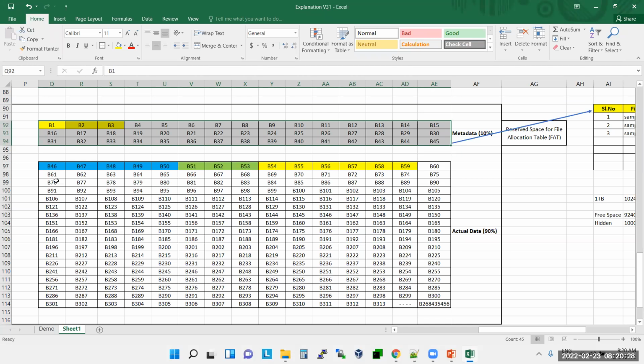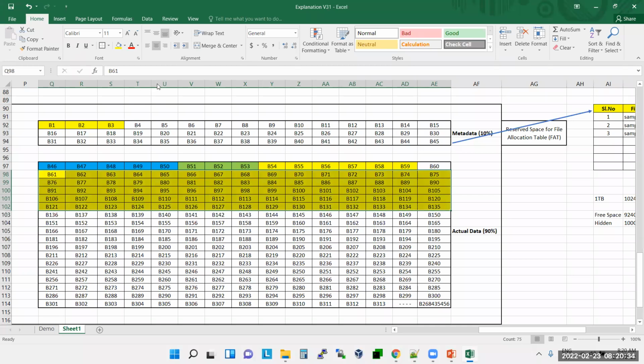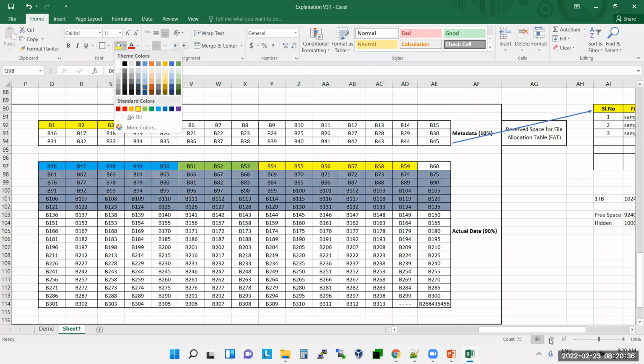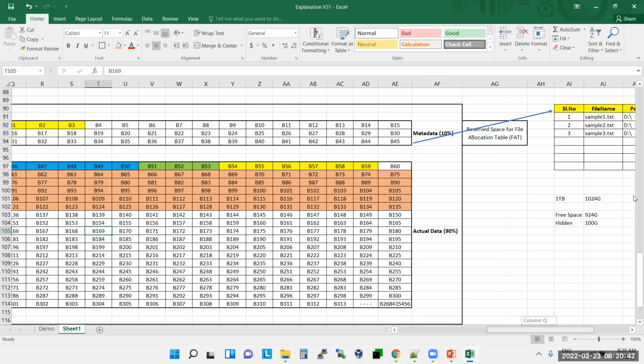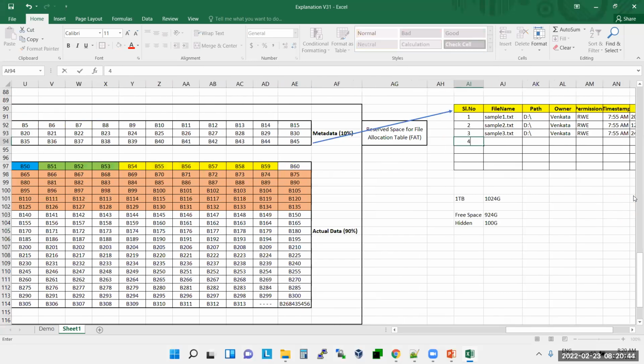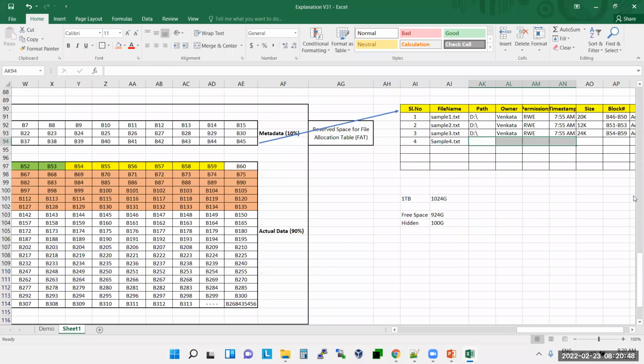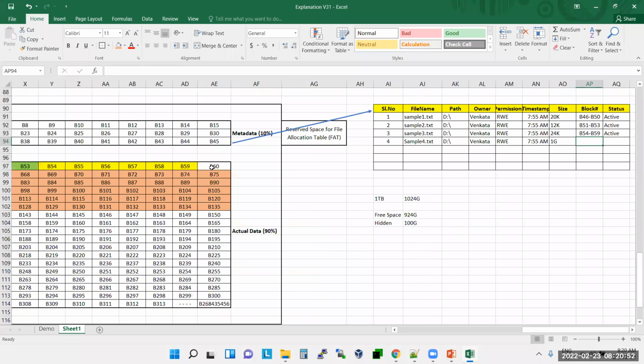Now, if you store 1 GB data, it occupies this many blocks. Think that 1 GB data occupied these many blocks. So it will write like sample4.txt, 1 GB. 1 GB means from where to where?